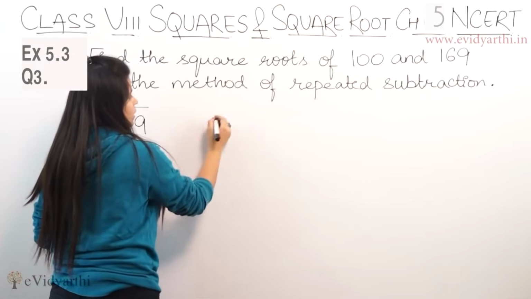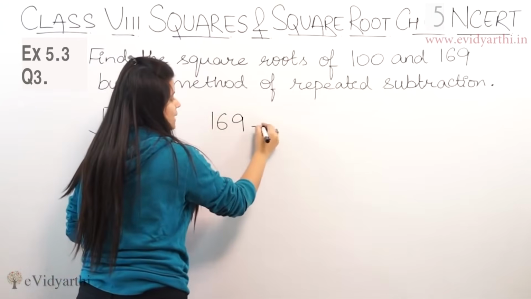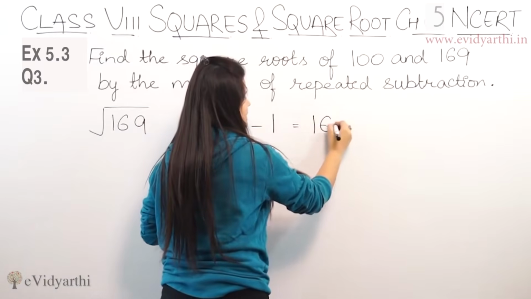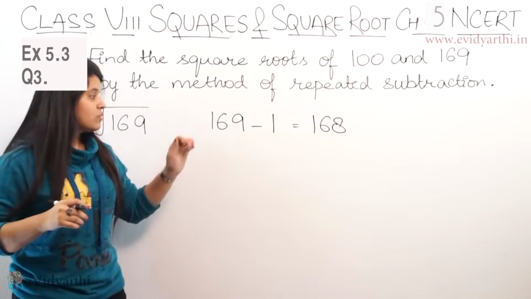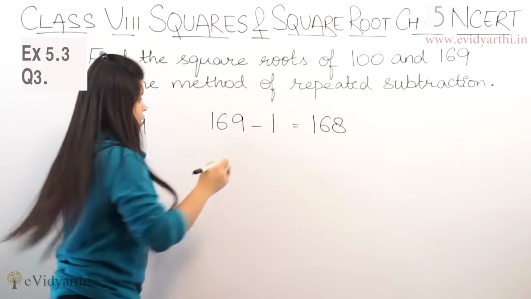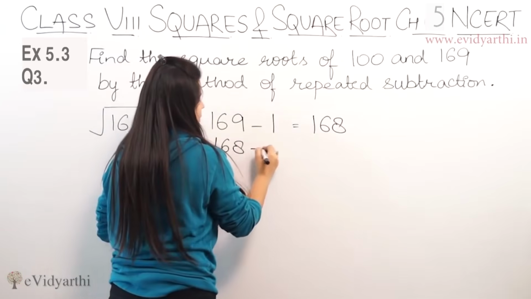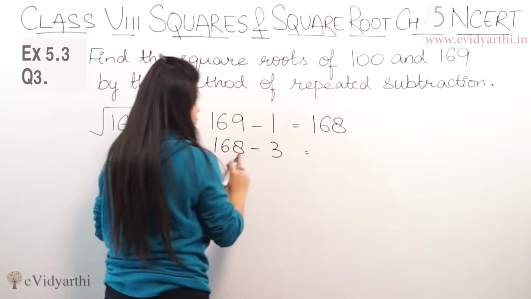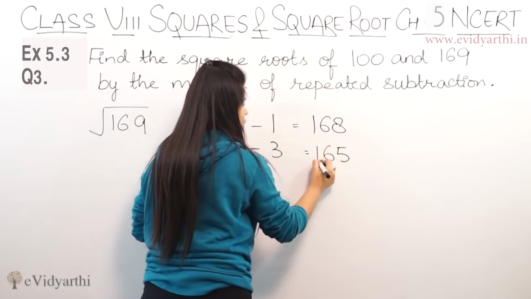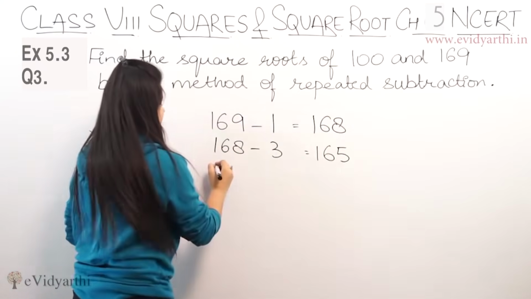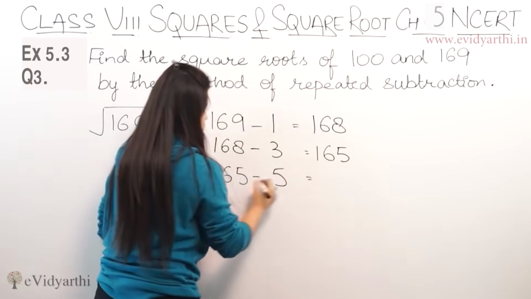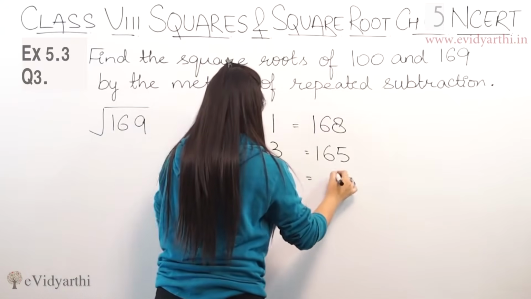So we'll start with 169 minus 1. Right? So this will be 168. And अगर आपको confused अगर हो रहे हो subtraction करने में ओरली तो आप करके भी देख सकते हो. ठीक है? Now 168 minus 3. So 8 minus 3 is 5. This will be 6 and 1. ठीक है? Then 165 minus 5. So this will be 5 minus 5, 0, 6, 1.